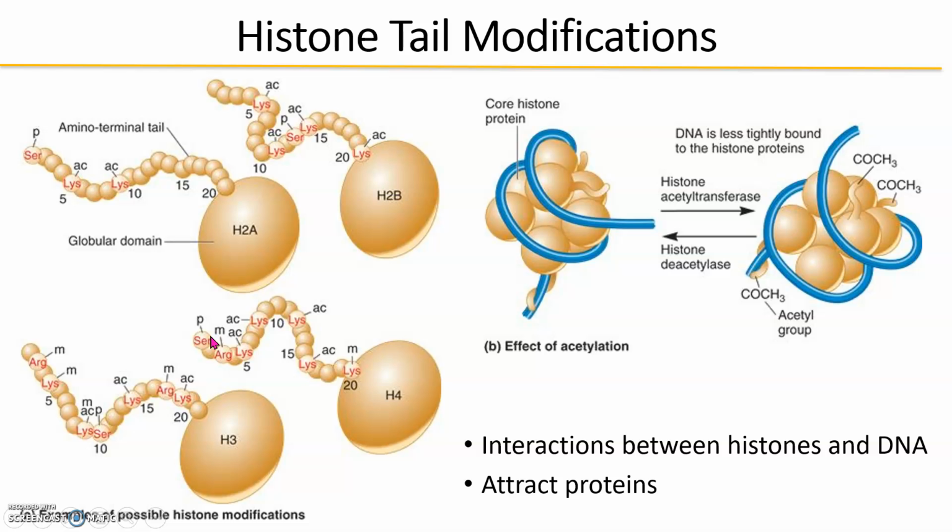Depending on how we modify those tails is going to dictate how our histones can interact with our DNA. And it can also dictate which proteins are attracted to the histones or to the DNA. And by doing this, we can control transcription. So if we remove or change certain modifications here, we can change the charge on it. And by changing the charge, we know DNA is negative. So if we change a positive charge to a negative charge, it's going to have a different interaction